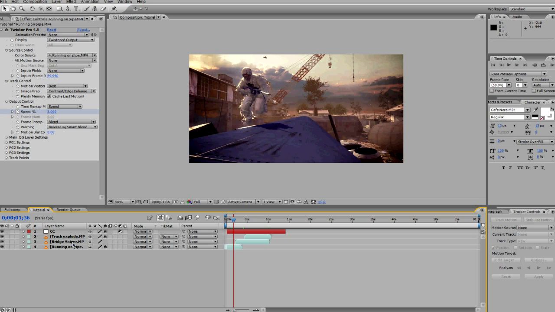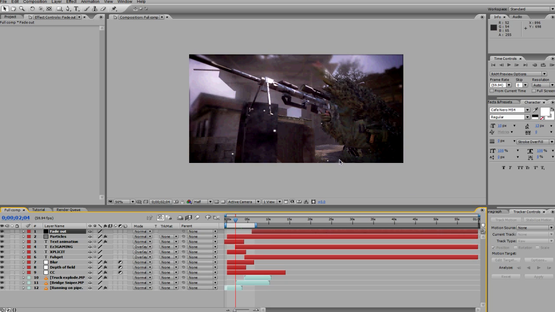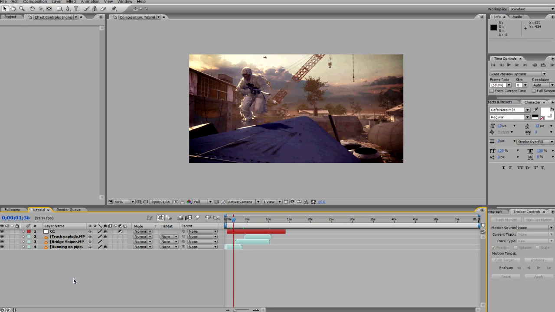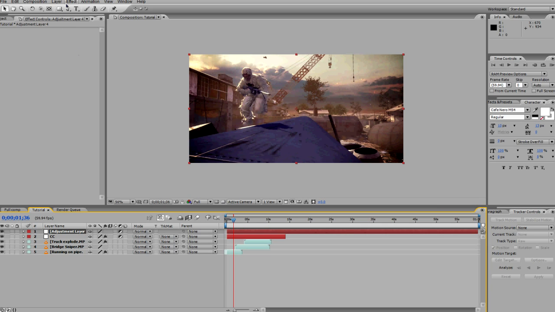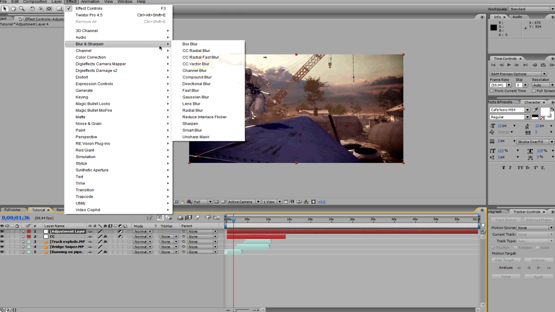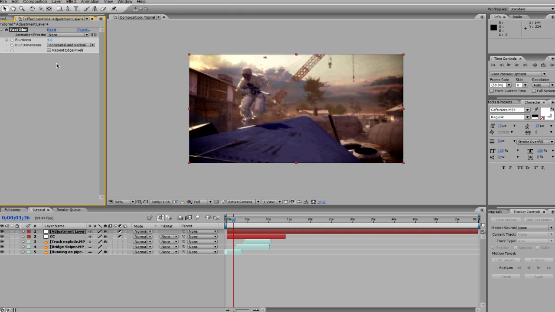The next thing I'm going to show you how to do is depth of field, where if you look at this clip, you can see all of the background's blurred out, and just along here it's not blurred out, but I don't know why I didn't do that, and along here it's blurred out as well, but the gun is still in focus and the player. And how you do that is really simple. New adjustment layer, add the effect. I'm going to use fast blur 4 is good, and then you just need to mask out the